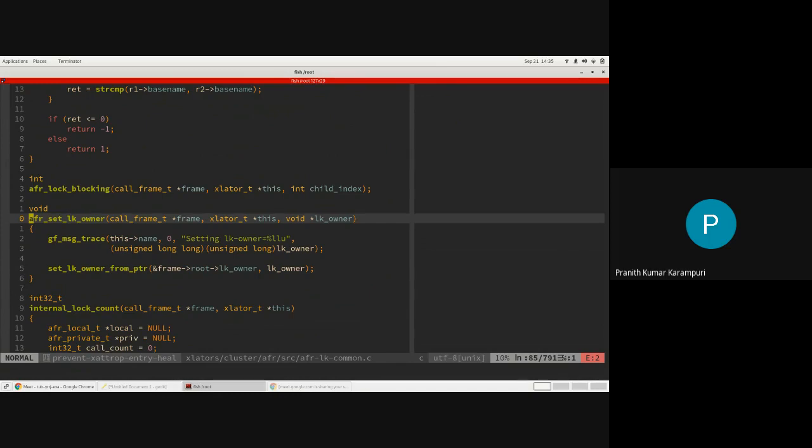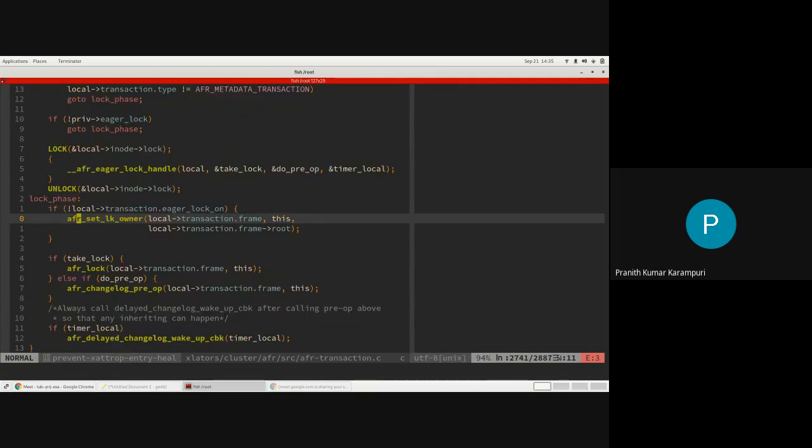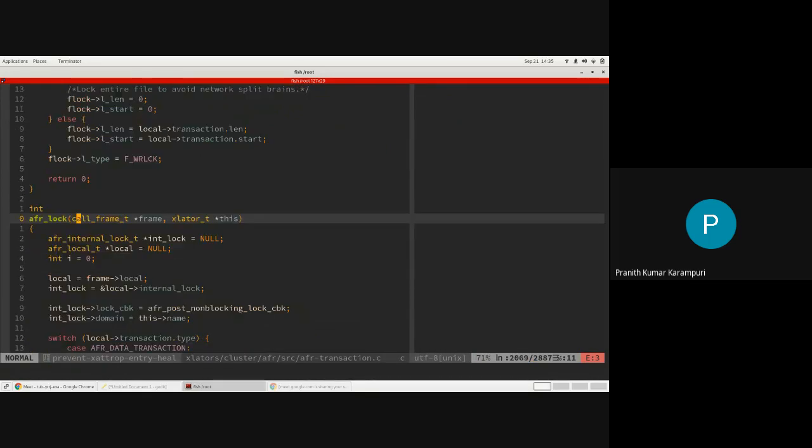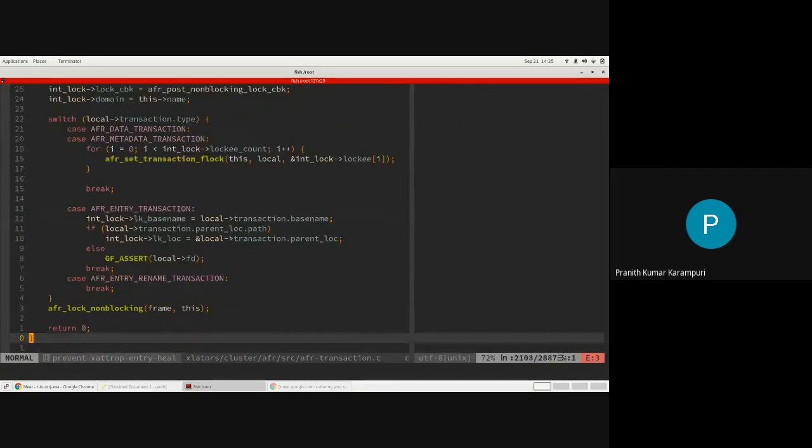This is something that we covered in lock session. Each lock has an owner. So based on that, it will try to do a lock or an unlock. Okay. So before actually sending out the lock, you have to set this lock owner. Now we will take a lock. So locking happens optimistically in the sense that you kind of assume that conflicting operations are not there and try to send a lock in parallel.